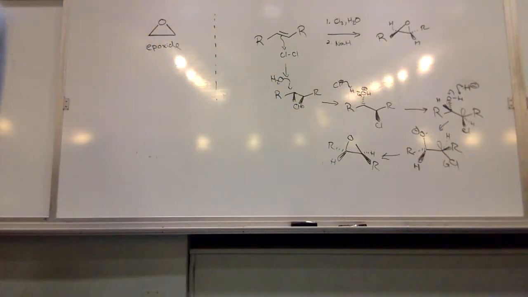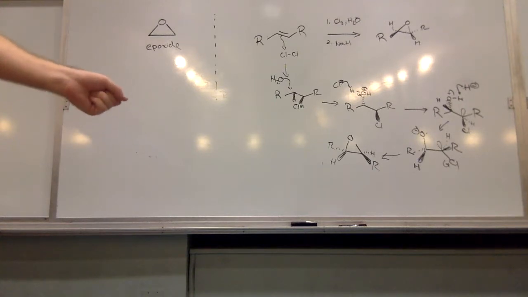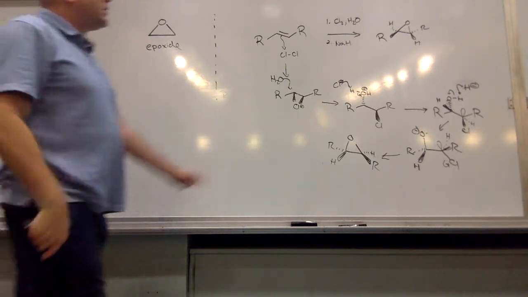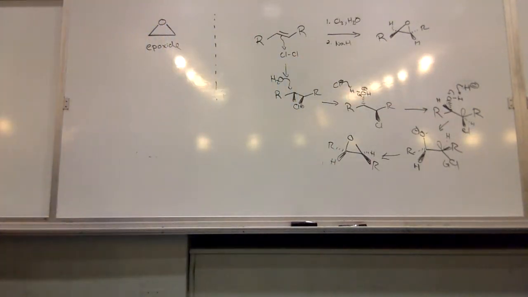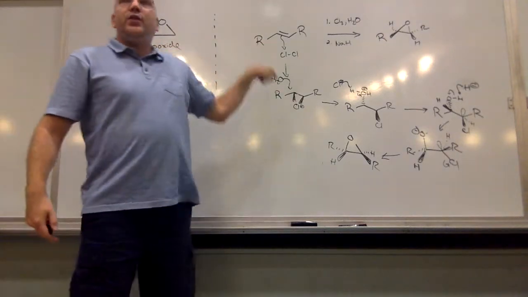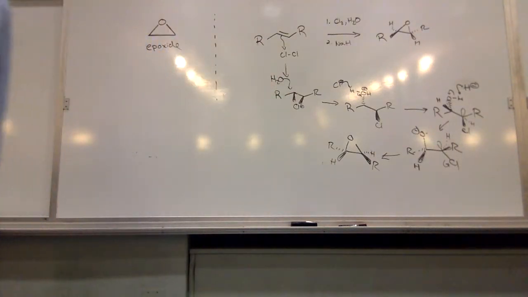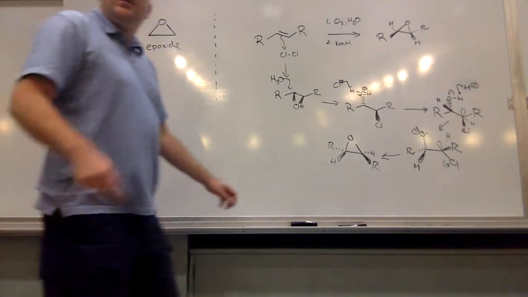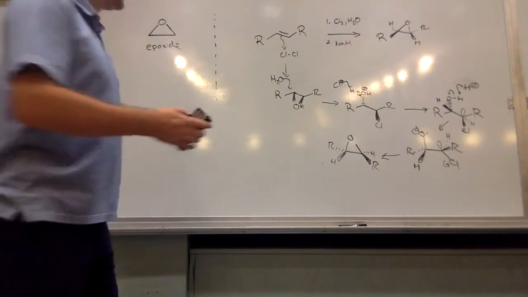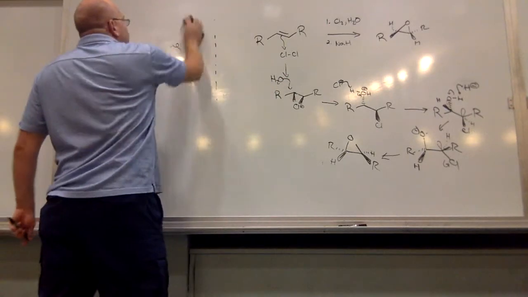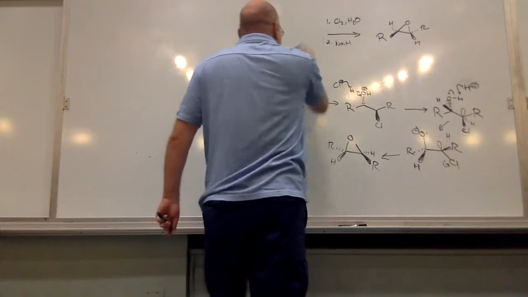So the important point is that we have the two R groups, and they're across the epoxide from one another, okay? So the important point here is that there's a stereochemical outcome of the epoxide, right? And that's going to be dictated based upon what the stereochemistry of the alkene is. So if we did the same sequence with the cis alkene, what we'll see is that we'll get the opposite epoxides, okay? Does that make sense? Okay, and you can work on that one on your own. So trans alkene creates trans epoxide. Yes. Okay. All right, so a more direct way for epoxidation